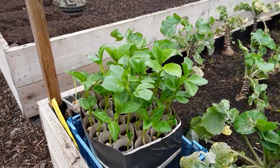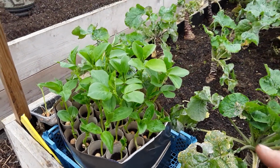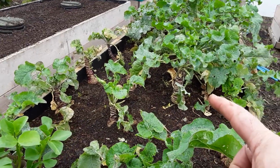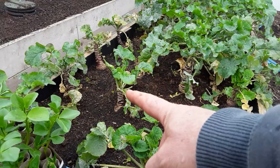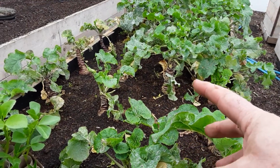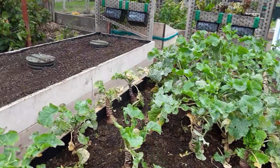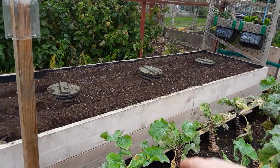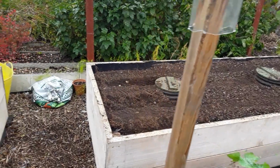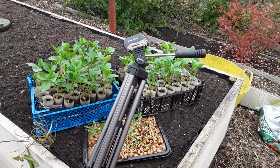And the broad beans Bunyard's Exhibition, I'm going to have to interplant with the Swedes as we pick them up. There's a few going rotten, so as we harvest these, it'll give them more room. But we're running out of space, guys. That's the bed for the asparagus. You'll get to see a video on that fairly soon. So we're now down to